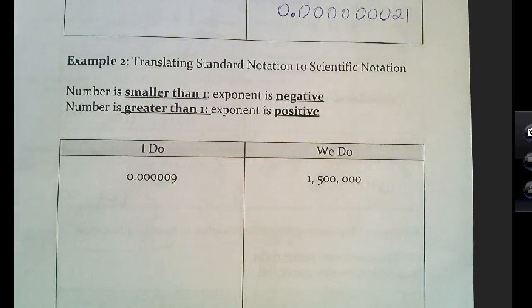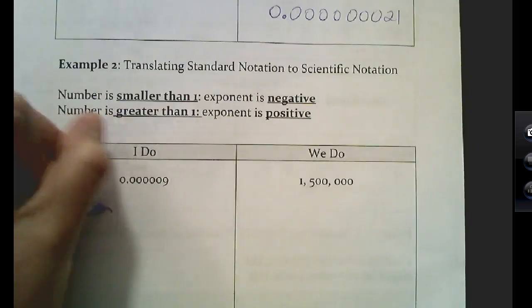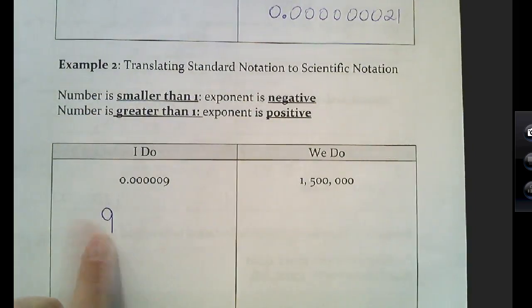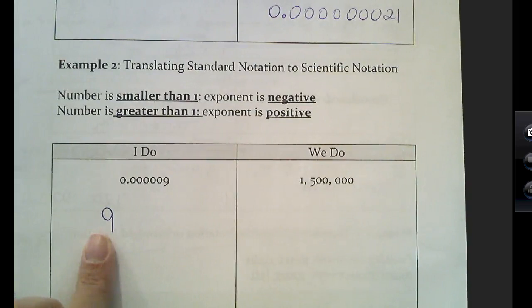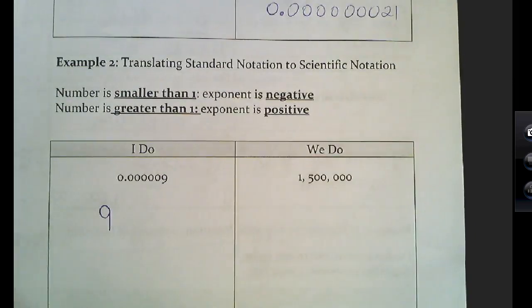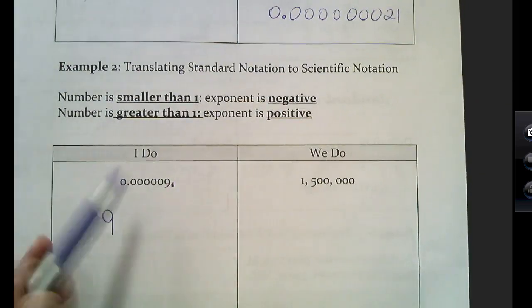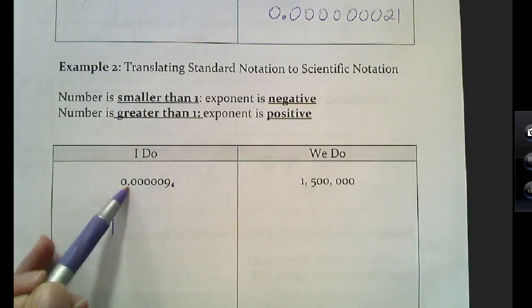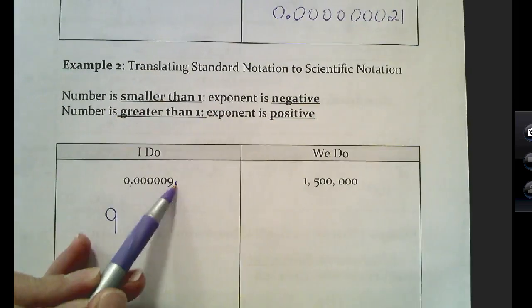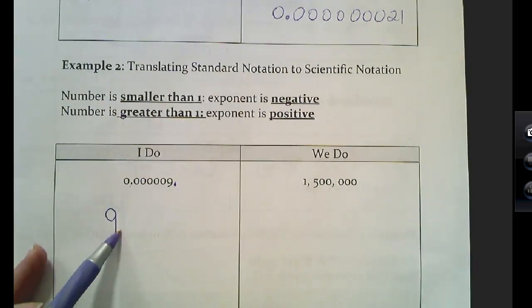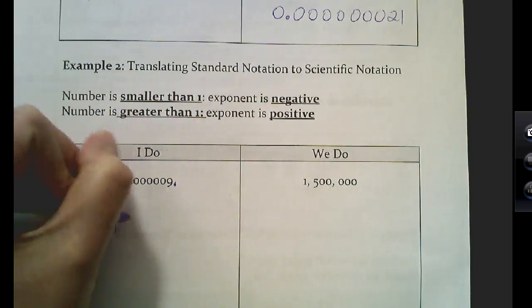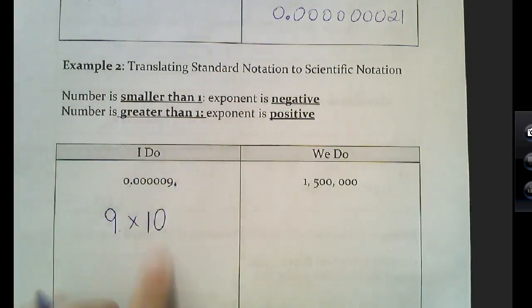9. Very good. So what we're going to do is we're going to go ahead and write our first factor is a 9 right there. And essentially what we did is we took and put a decimal after that 9 right there. We moved that decimal point from all the way over here on the left, and we placed it after that 9. Now, we don't really need to write it, but I'm going to go ahead and write times 10 to the,